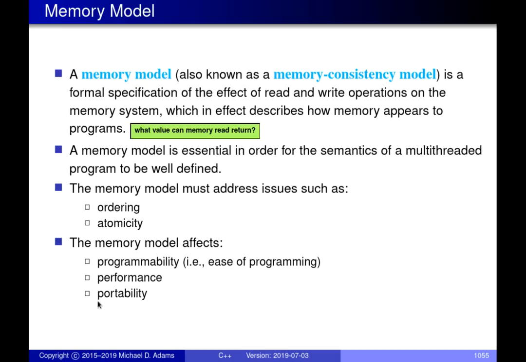It can also potentially affect the portability of code. If you write your code with the assumption that a particular memory model is the one you're using, and then you want to port your code over to an architecture that can't handle that memory model, maybe because the guarantees are so strong that it can't implement some of them, then you're stuck with a situation where you may have to rewrite a lot of your code to port it to another architecture. So code portability can also be an issue with respect to the memory model. Any questions so far?